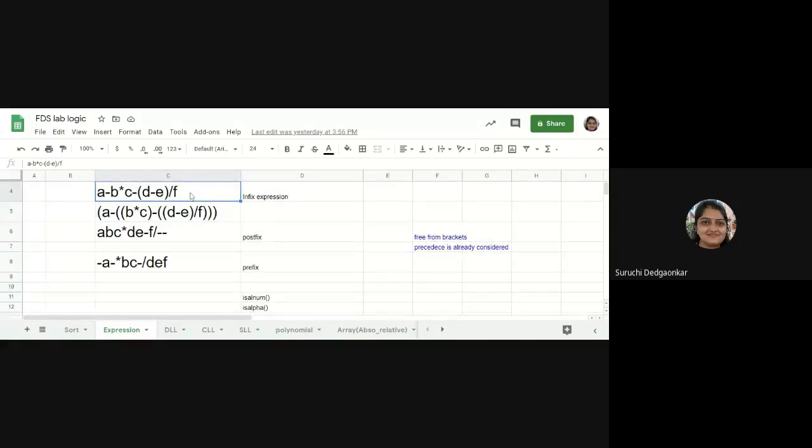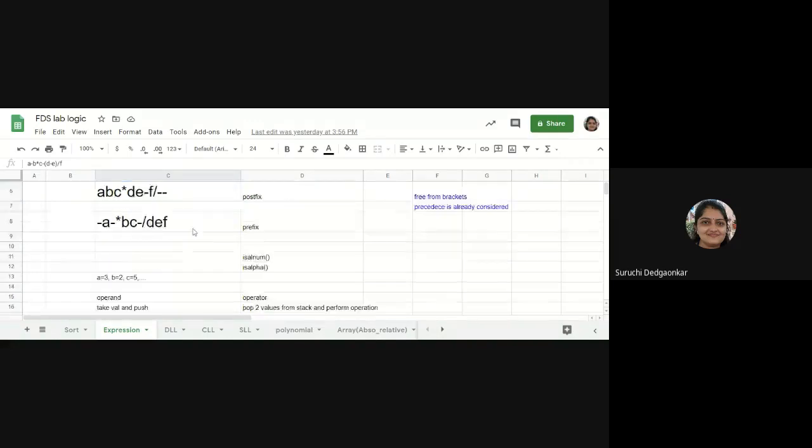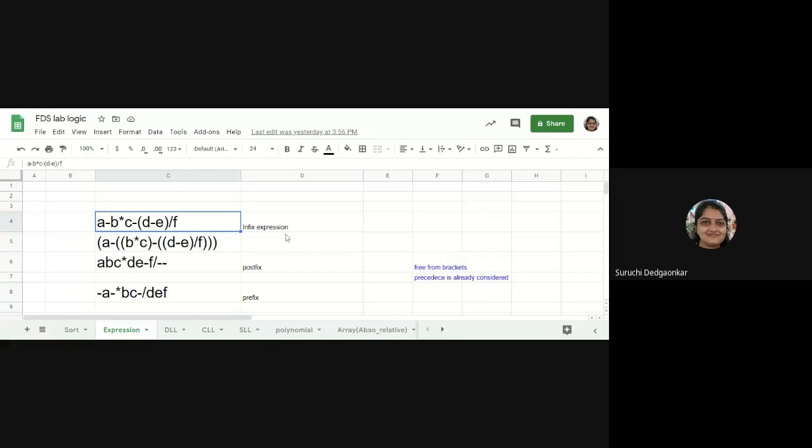Before going for the conversion, we will first write the stack classes. We will check whether the stack class is working properly or not, and then we will write the evaluation of postfix. First we will do evaluation, and then we will go for the conversion part. So first we will see the stack class.